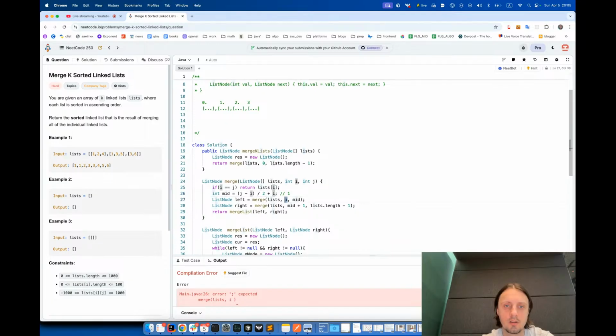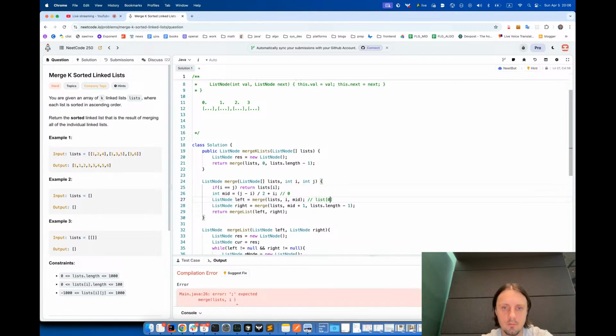So I get 1, from 0 to 1, right? From 0 to 1, so I go here, then I calculate the middle. Middle would be 0 and 0, so here it would be 0, right? So here it would be 0, middle 0, so I actually return this first 0,